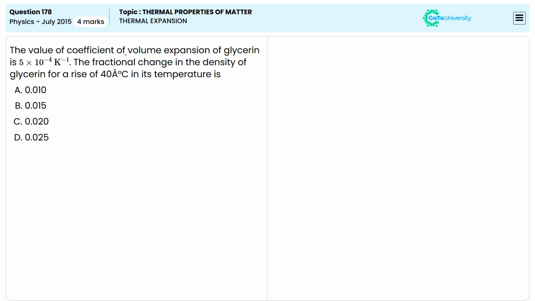The value of coefficient of volume expansion of glycerin is 5 into 10 to the power of minus 4 per Kelvin. The fractional change in the density of glycerin for a rise of 40 degree centigrade in its temperature is. Given the value of the coefficient of volume expansion, that is 5 into 10 to the power of minus 4 per Kelvin, then the original density of the glycerin is written as, that is rho is equal